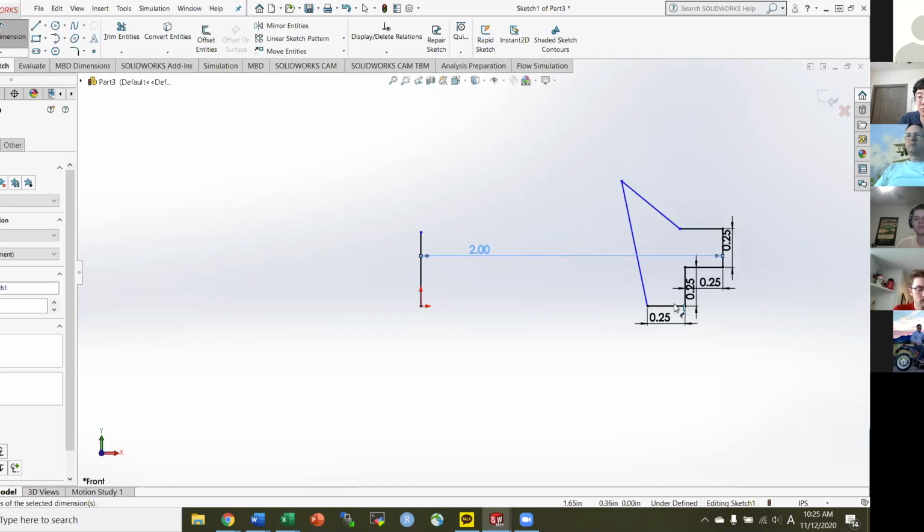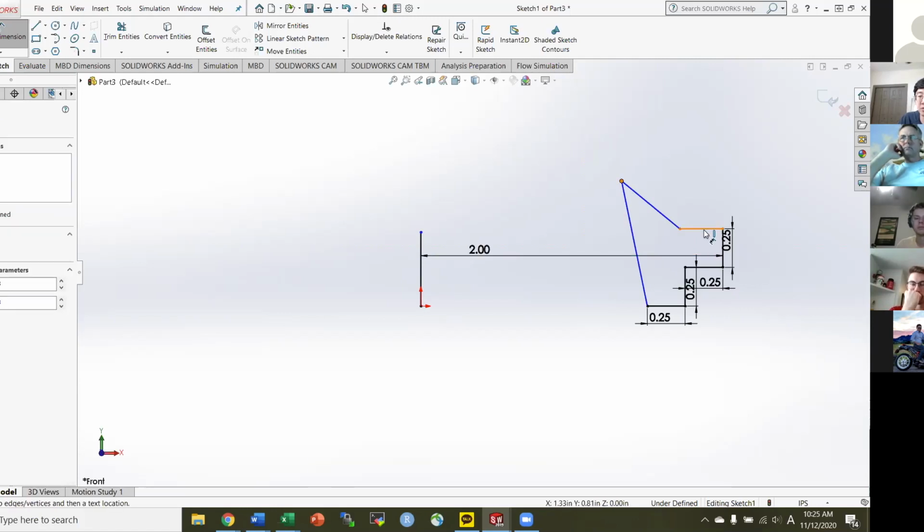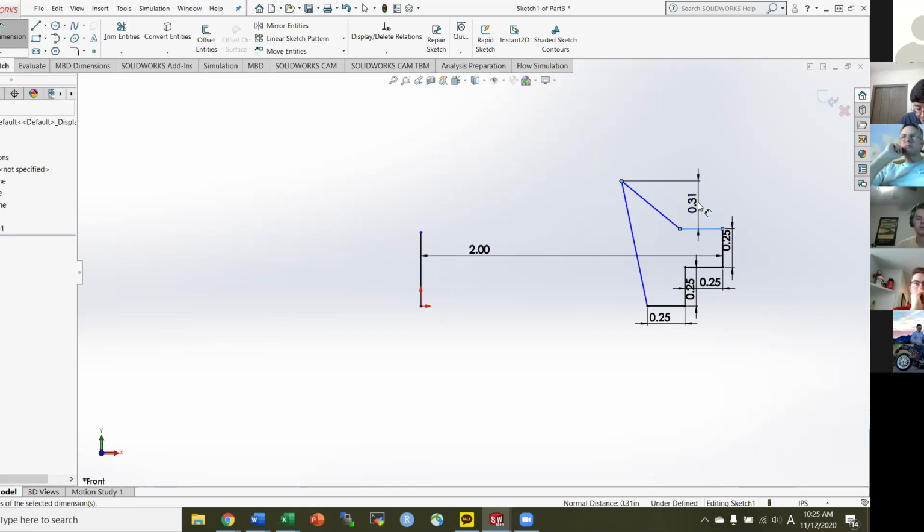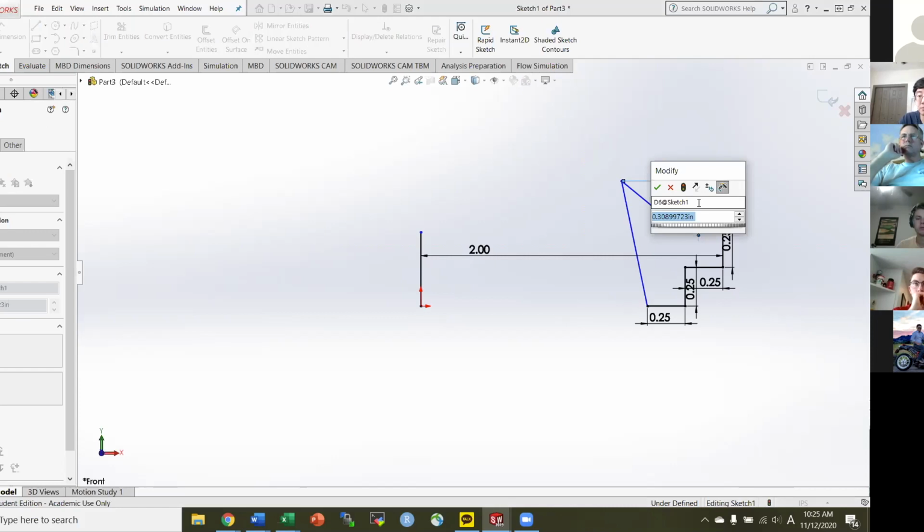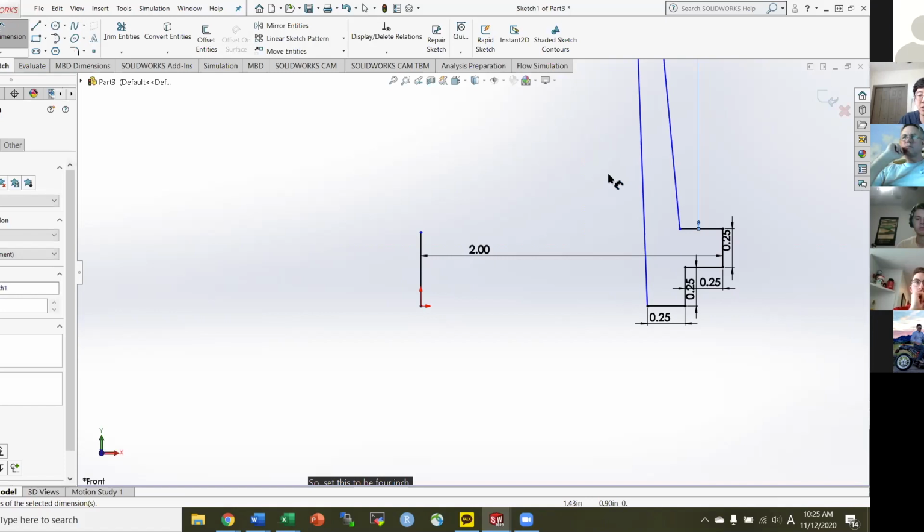And then, what I did now is I defined just a single line, but you can also do a relationship between a line and a line, like I did here, or a point and a line also. If I just define this point, there's nothing to define, so nothing shows up. But if I click on this point and this line, it'll show up a unit dimension. So I'll set this to be 4 inch. Then you'll see this also goes out of the frame. If you zoom out of here,